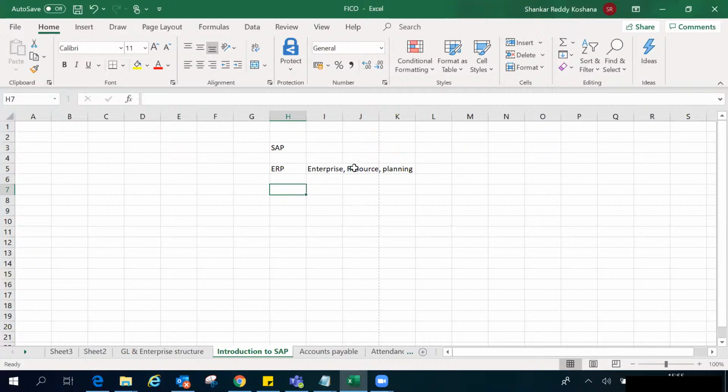Now, what do you mean by resources? Resources means anything on which the company invests some money, from which it will get some benefit in the future. That is called resources. Meaning any spend that is made by the company which will have a long-term use is called a resource. If you are working in a company, you are also a resource, because